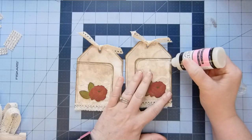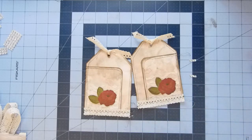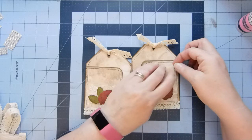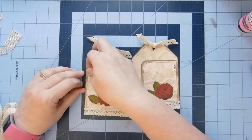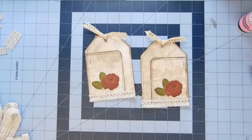Alright, let's do a line here and a line here. Oh, I like it. The bling just finishes it off. There we go. Okay, so those are the last tuck spots I need for my journal, and then